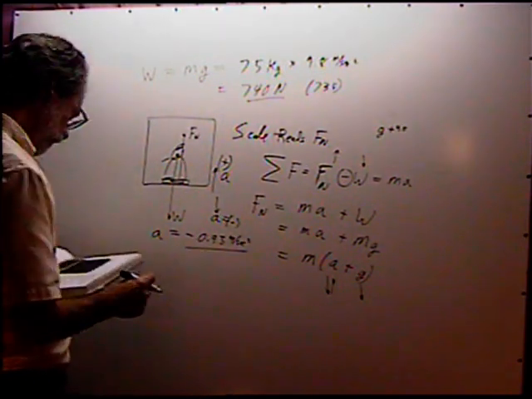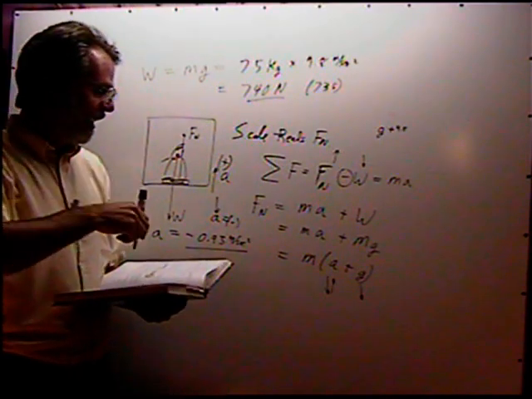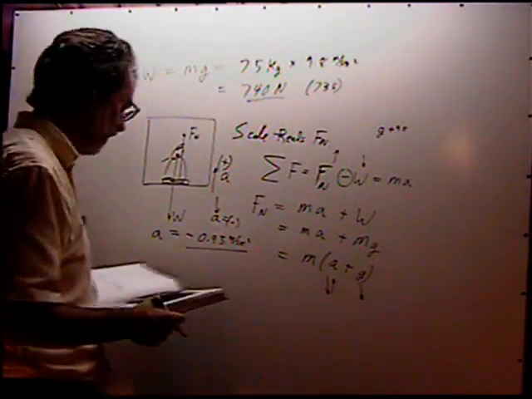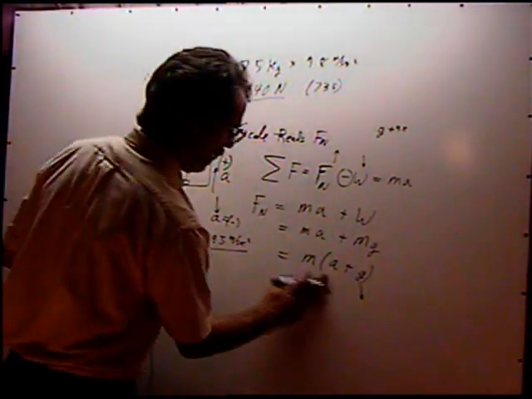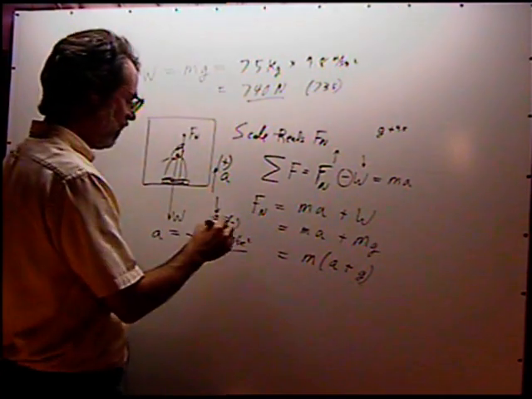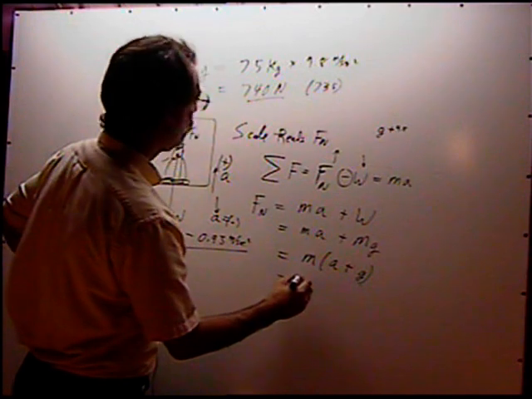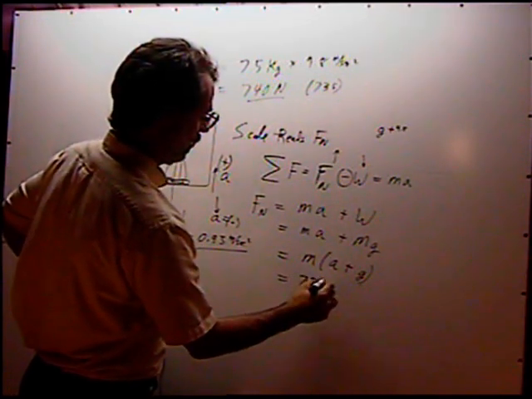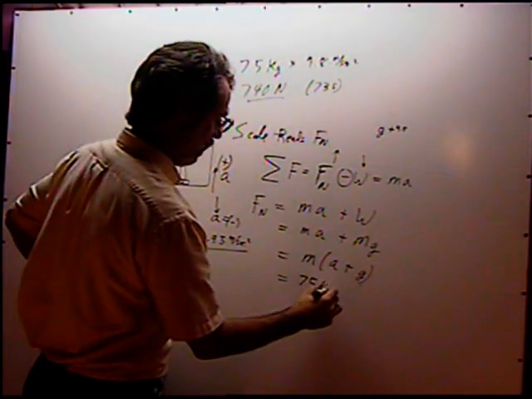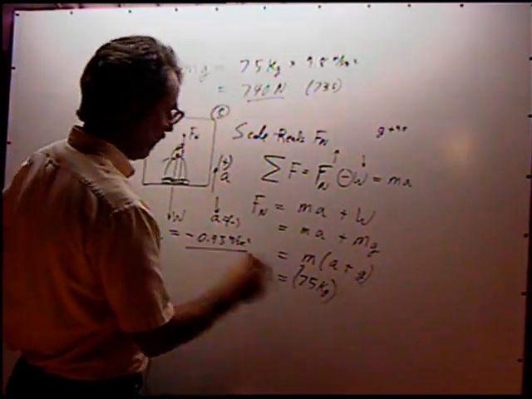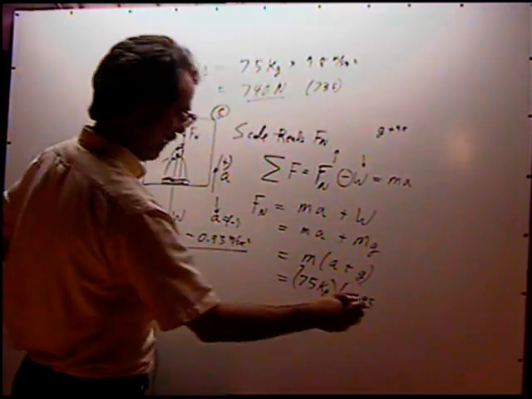So a is a negative number because the elevator is accelerating down. The mass here is 75 kilograms. The acceleration is minus 0.95 meters per second squared, and we add to that